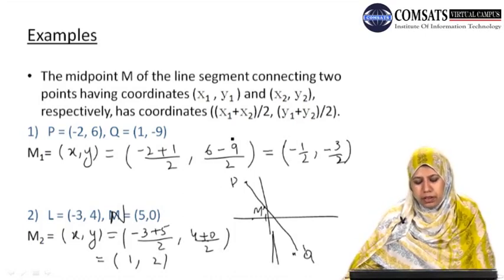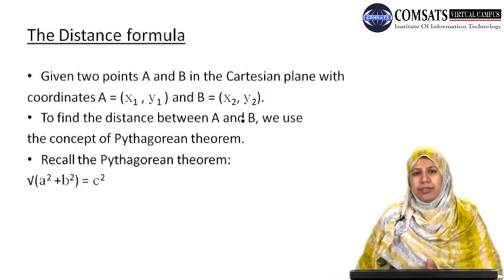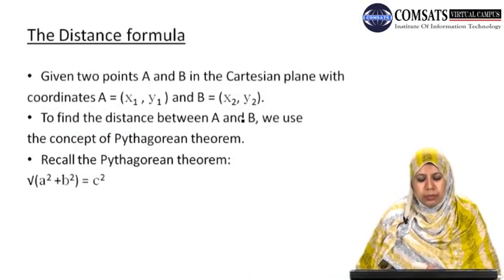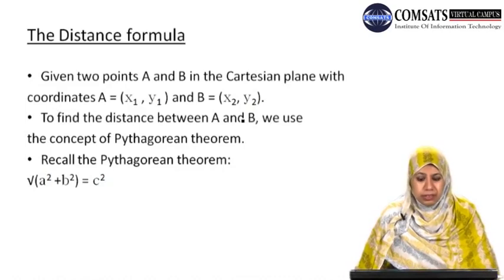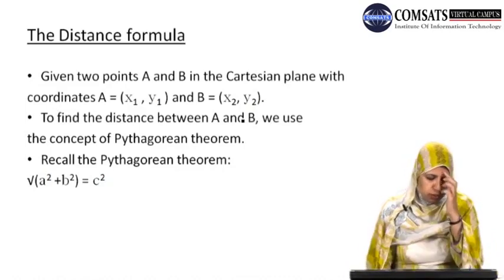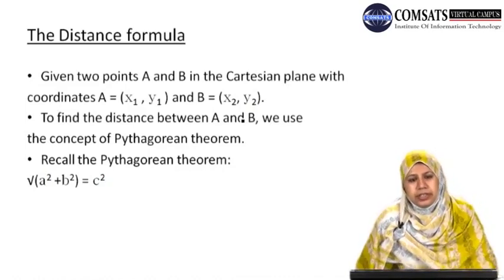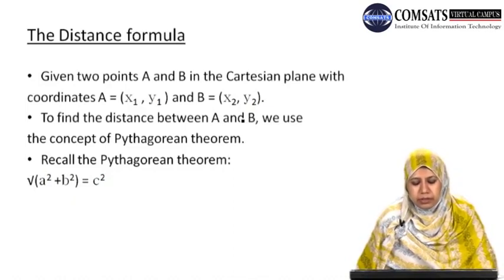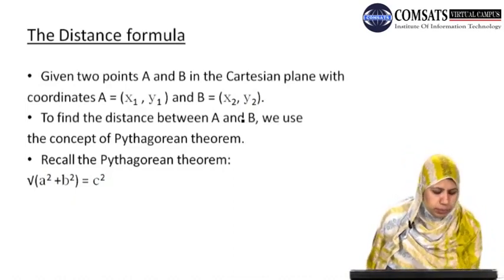Okay, now we were given 2 points and we have found the midpoint of the line segment joining the 2 points. Now if we are given 2 points, we want to find the distance between these 2 points, which is very useful. If we are given 2 points A and B in the Cartesian plane with the coordinates A is equal to x1, y1 and B is equal to x2, y2 respectively, and we want to find the distance between these 2 points A and B,